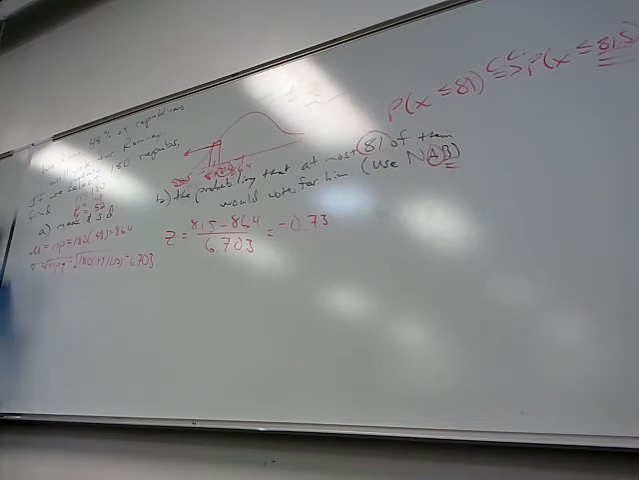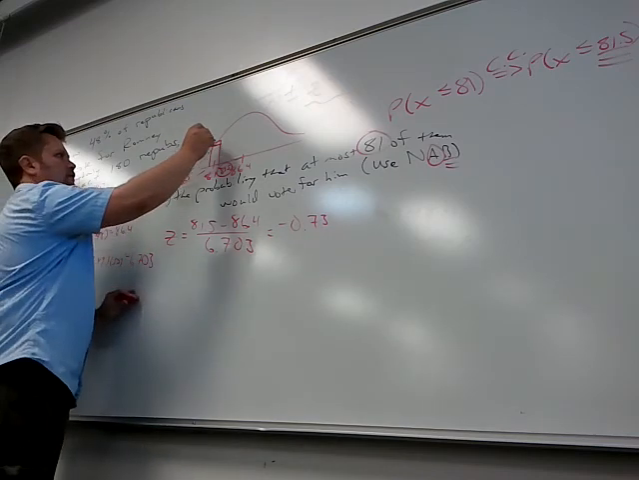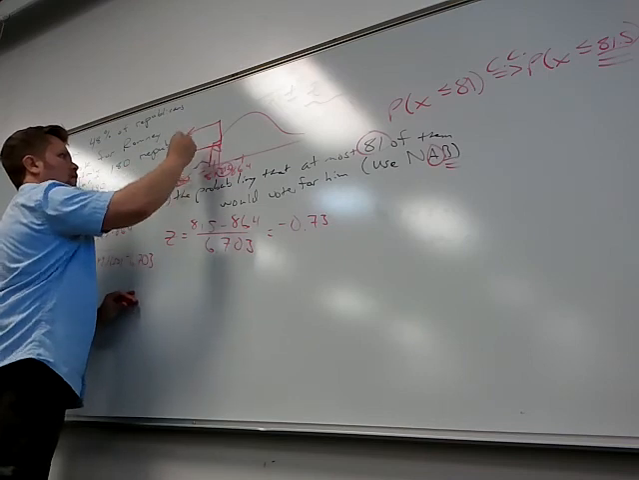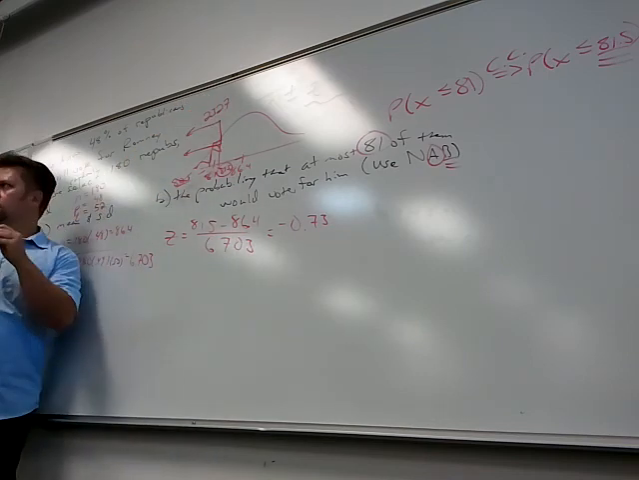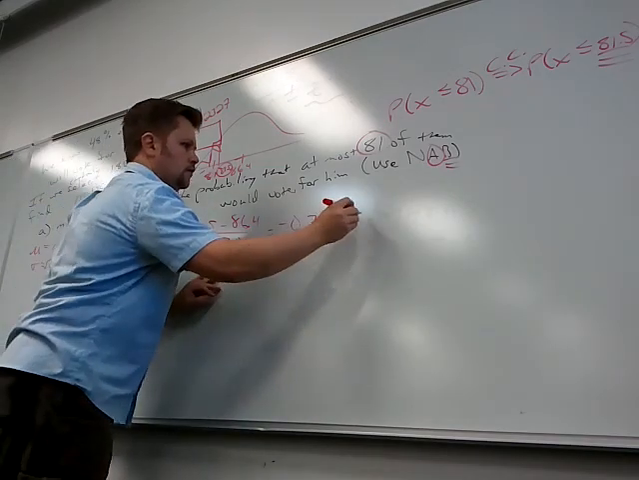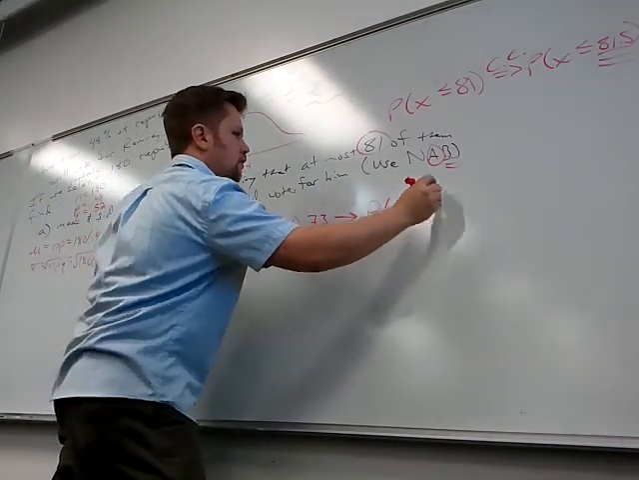I get people that set it up beautifully and they do all this work and then they stop at the z-score. I'm like, shh. This question asks for a probability, not a location. The z-score tells me where I am. I got to now look up the probability, right? Two problems. It's a z-score and it's negative. Probability can't be negative. So what do you get when you look up negative 0.73? 0.2327? So that means the probability x is at most 81 is